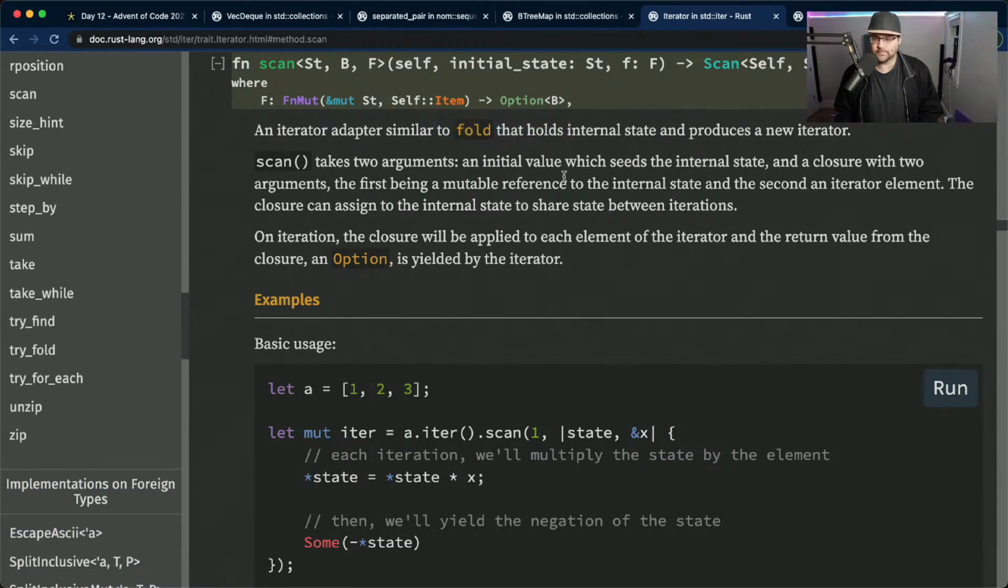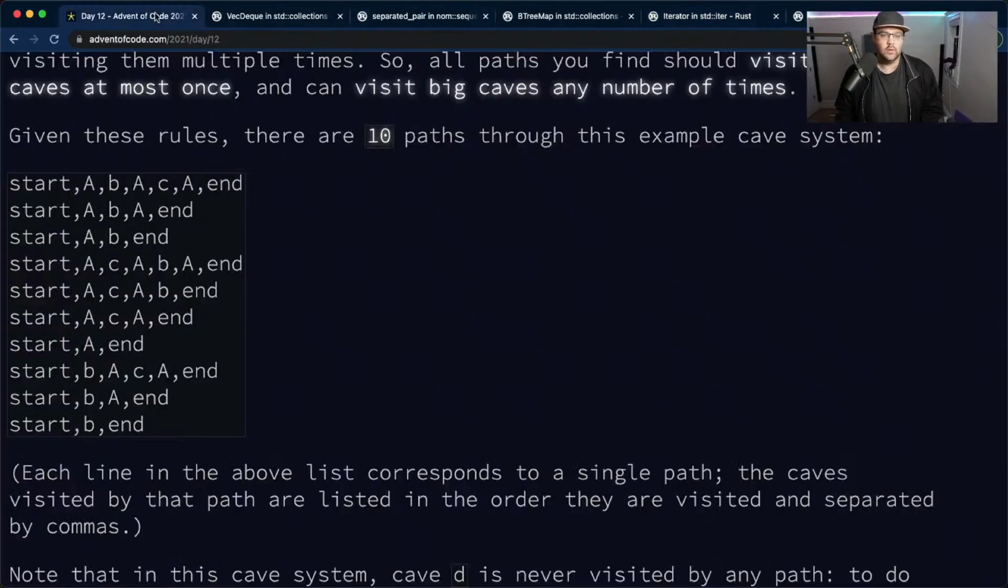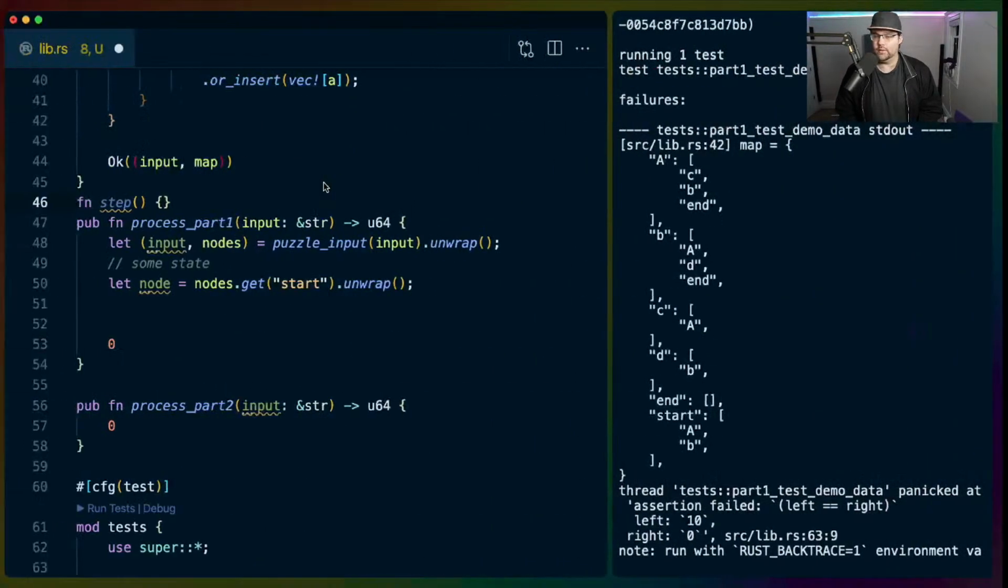So scan is like fold, except that as you build up the values, it produces those values in the iterator. So if you were building up, say, a string, and you used scan instead of fold. I don't know why you would use fold to build up a string, but you could, right? From a set of characters or something. Then A would get produced in the iterator after scan, and then AB would get produced as the next item, and ABC would be the third item, that kind of thing. Which I don't think we need. But